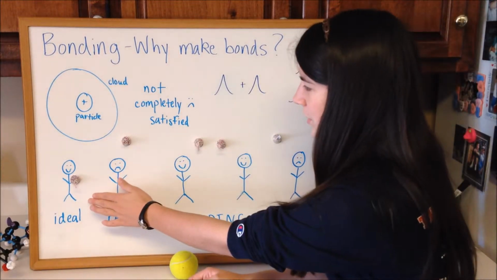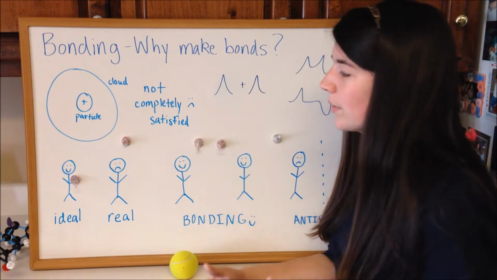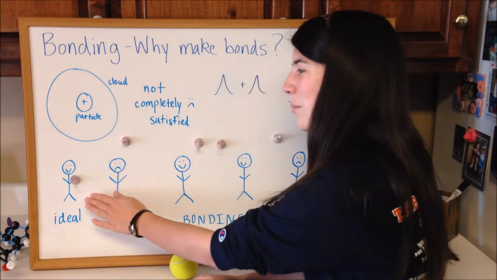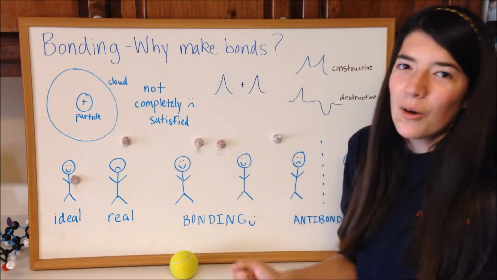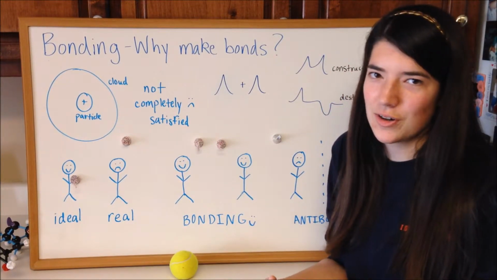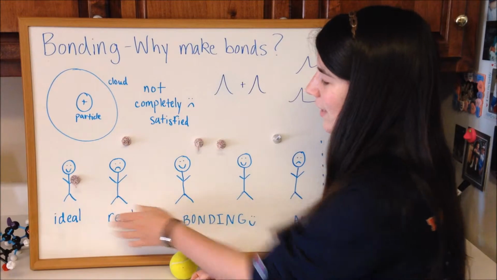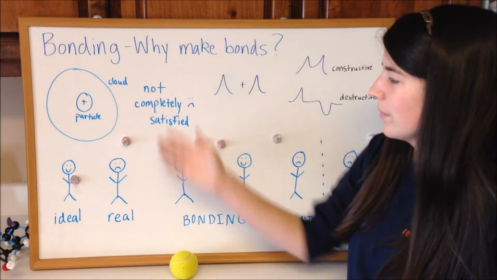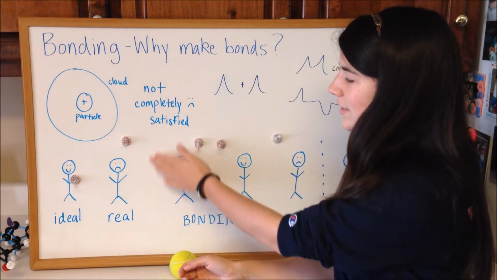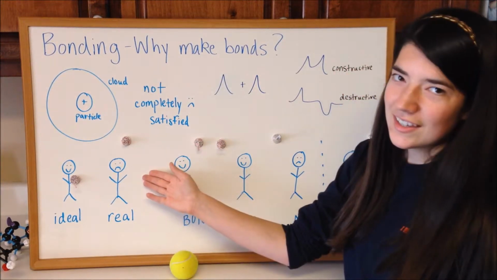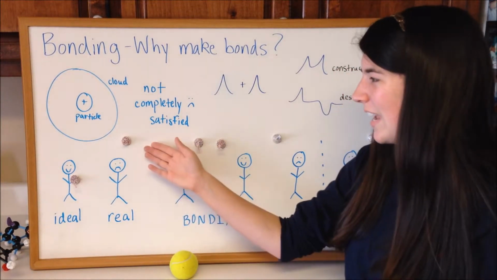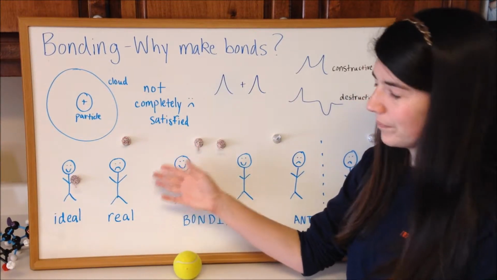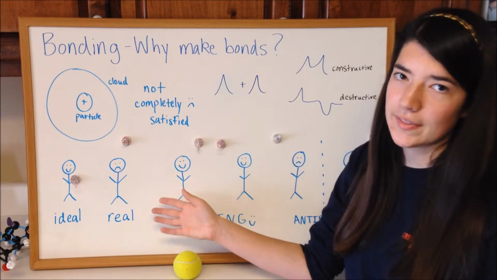So in the ideal situation, just like we talked about, those positive and negative charges would be right on top of each other. That positively charged kid would get to hold that negatively charged electron. So this is the ideal case. However, because of the difference in the nature, they're not going to be completely satisfied because the kid can't get a hold of the candy. So, here's our real situation. So, in order to make this better,